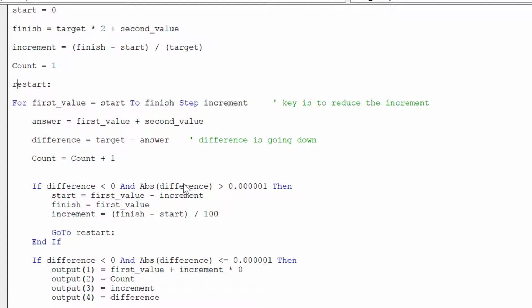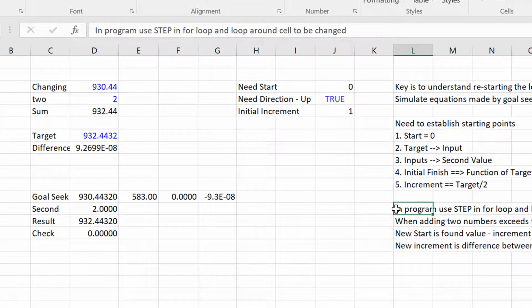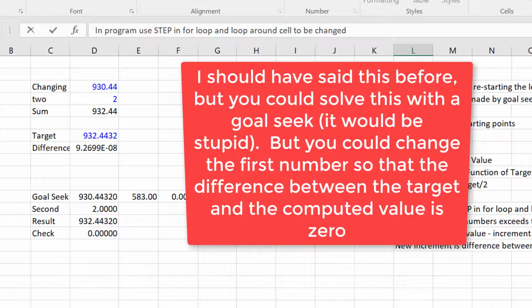Now, the key to doing this is to get the first value. When I say first value, this is over here. This is what we're changing. We're changing this first value and adding 2 to it to get a target. All right? Now, the way we're going to do this is use a step in a for loop, and then go around, and I said, maybe I'll just put go around,